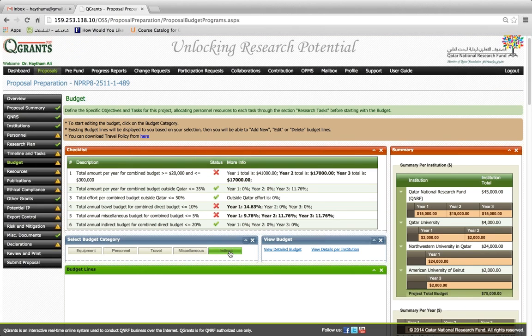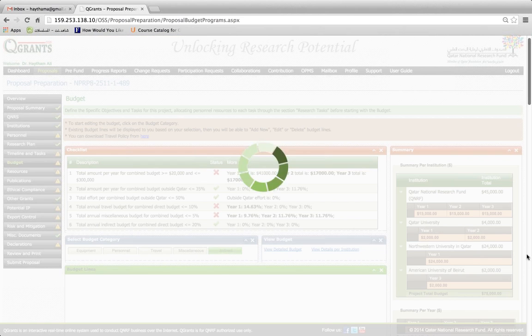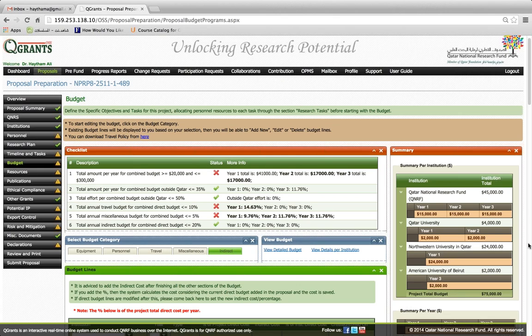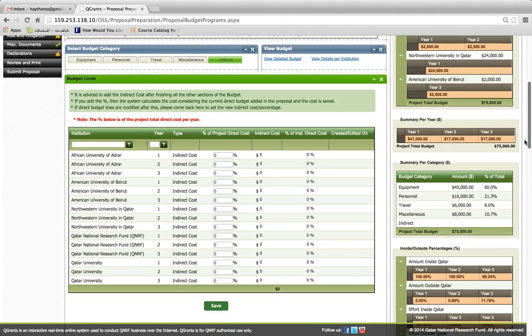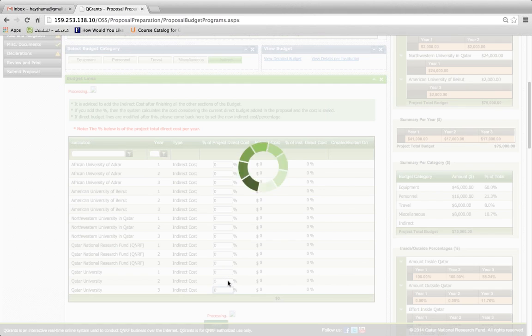I will go to indirect cost now. And as I said, I recommended that you do this last. The indirect cost should be the last thing you do in the budget. You don't have to give every institution indirect cost if you choose, but what's important is indirect cost cannot exceed 20% of the direct cost per year for the project. Okay, so the figure you will enter here, 5% for instance,